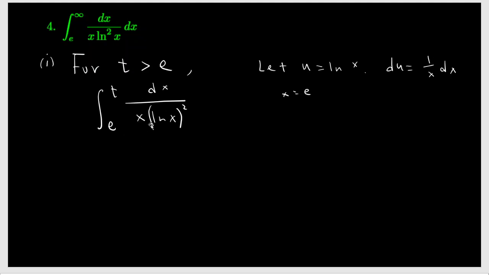Again, the given integral is an integral of x. This e is supposed to be the x value. The x value of e will give you the u value of natural log of e, which is 1, right? The x value of t will give you the u value of